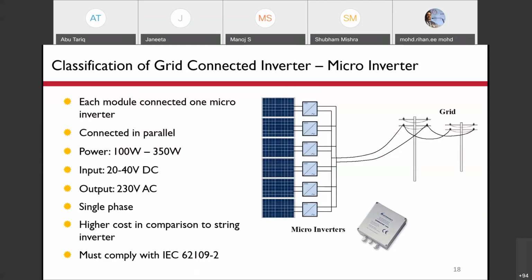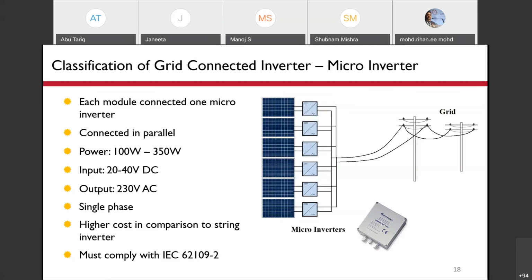Each module will have a separate small inverter, a microinverter. Of course, this inverter will have the maximum power point tracker, so it will operate this module at its maximum power point and convert it into AC. The second module will also be operated at the maximum power point and converted into AC. In that way, we can operate all the modules separately at their maximum power points.